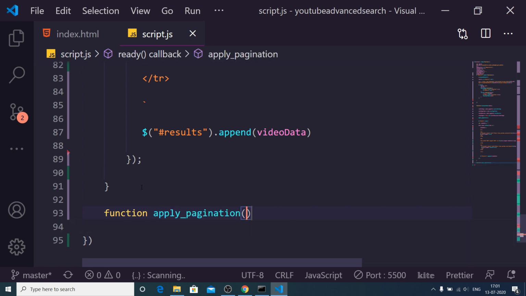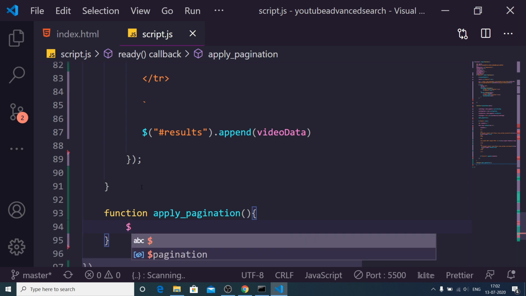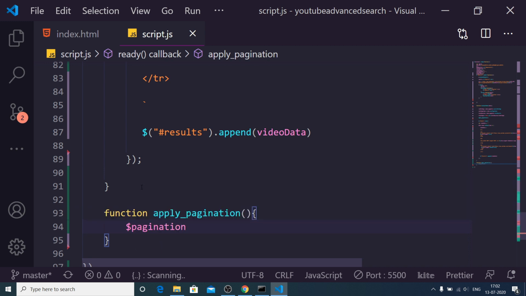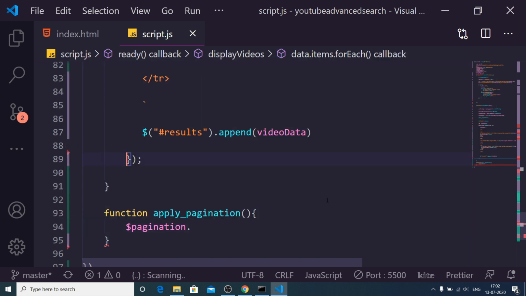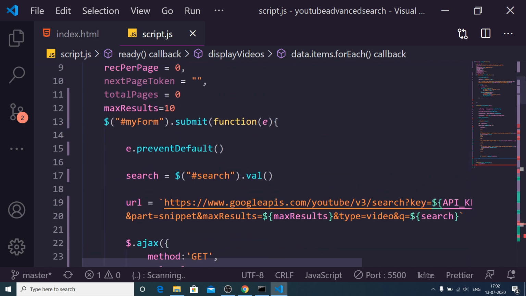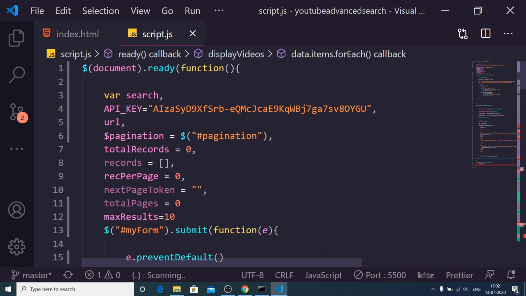Inside this function, guys, what we want to do is first of all invoke the variable which is holding the pagination. We have given this reference to it, and you can see we are targeting the element of the pagination by the ID and storing it inside this variable.